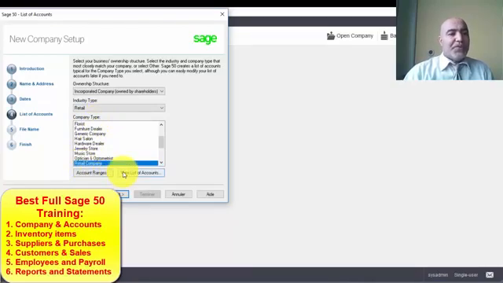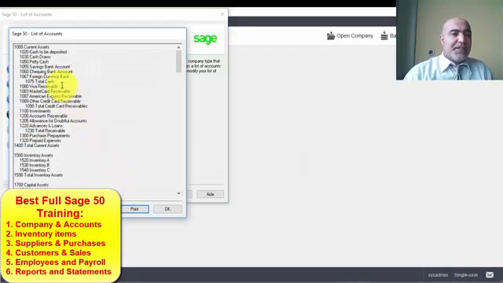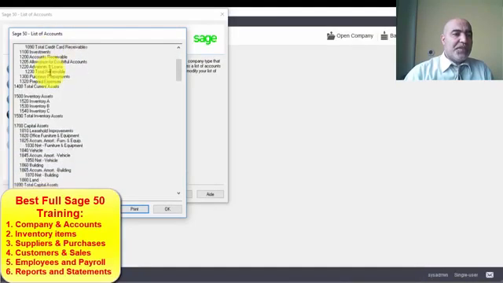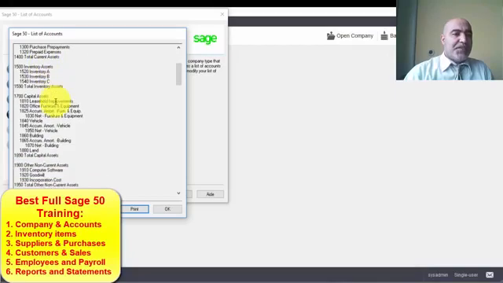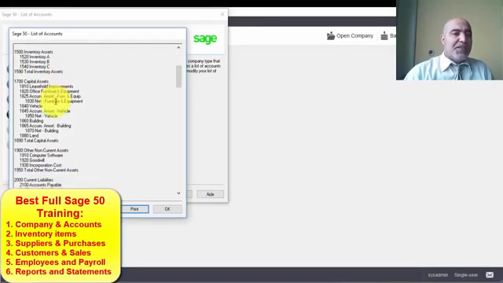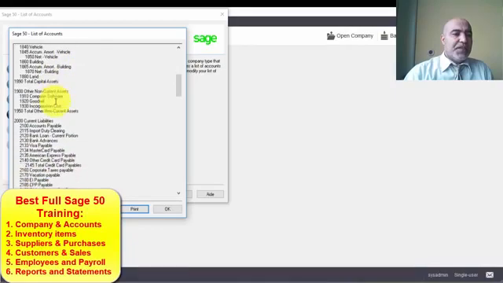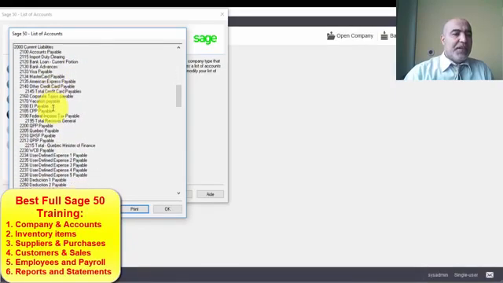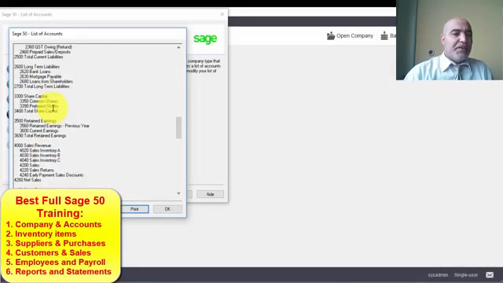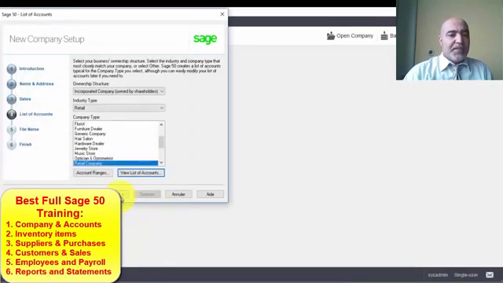If you want to view your chart of accountants, you click on view list of accountants and you have your accountants: current assets accountants, inventory assets account, capital assets accountants, liabilities, equity, revenue, and expenses. If you want to print it, you click on print. If not, you click just on OK. Next,